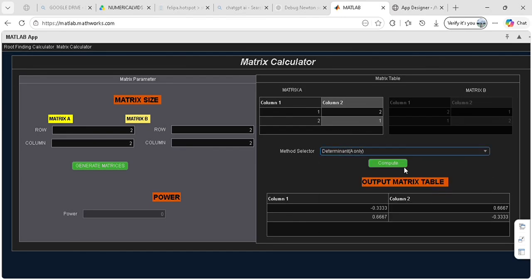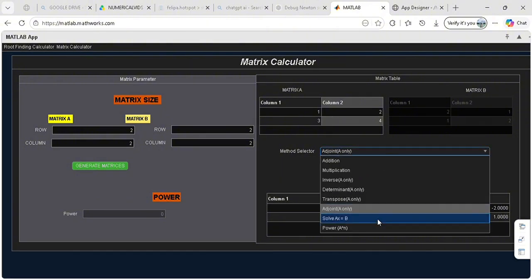The determinant is a scalar value that indicates whether the matrix is invertible. A non-zero determinant confirms that the inverse exists. Select Transpose and then Compute. For transpose, the matrix is reflected across its diagonal, converting rows into columns. Select Adjoint and then Compute. The adjoint is computed using the cofactor matrix and is essential in manually deriving the inverse of a matrix.